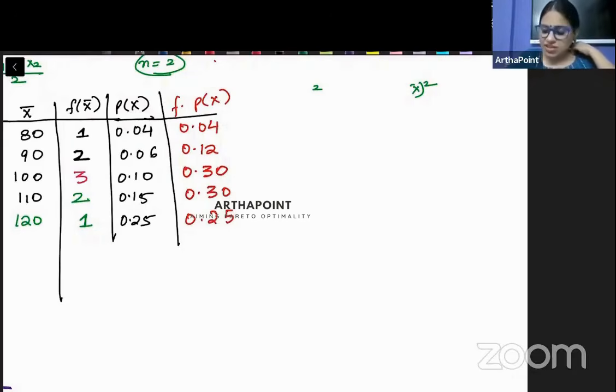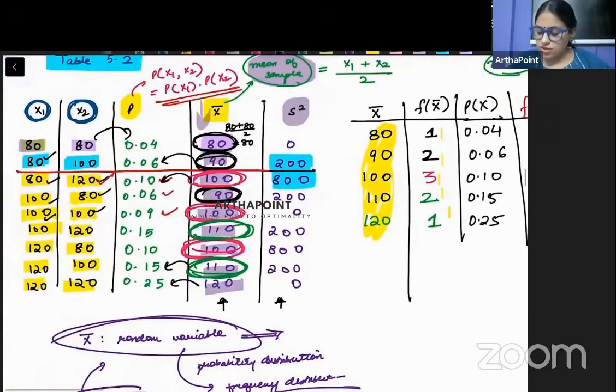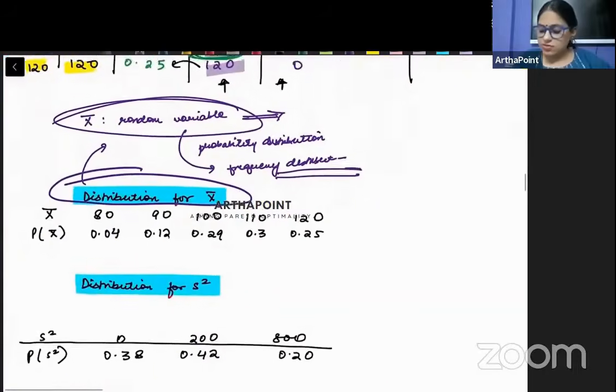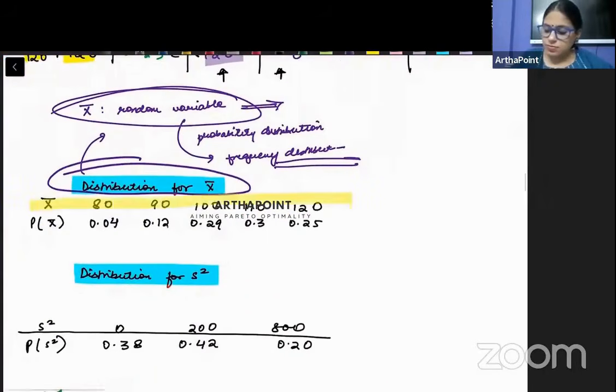Now what you get here, you are going to look into these. So 3, 4, 5, 6, 7, 8 and 9. And we had 10 observations, right? We had 9 only. Okay. So what you will be doing now is picking up these x bars, looking into these probabilities, and writing them here. Am I clear with it?